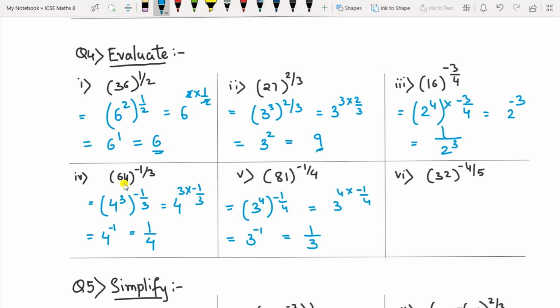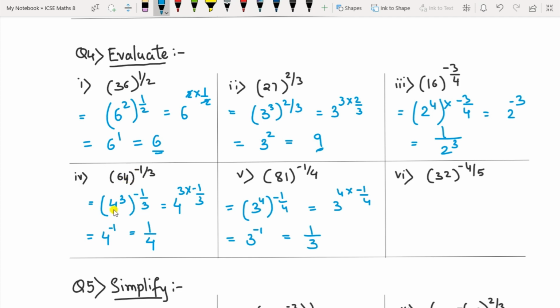So this one 64. Now 64, here power is minus 1 by 3. The denominator is 3 here. Now 64, as you know, 8 8s are 64. It is 8 square. But since the power is having the denominator 3 here, so you have to take the number who if you multiply it 3 times, you will get 64. That number is 4. So 4 cube will be 64, minus 1 by 3. You cannot take 8 square here.